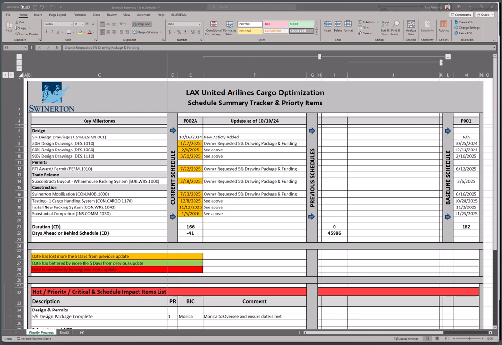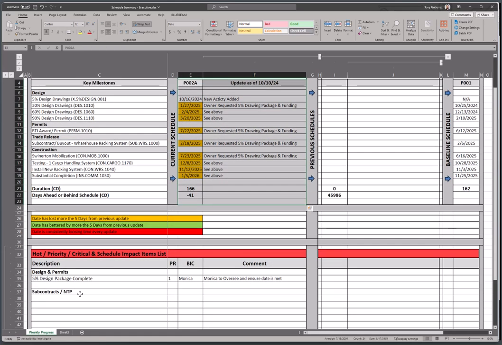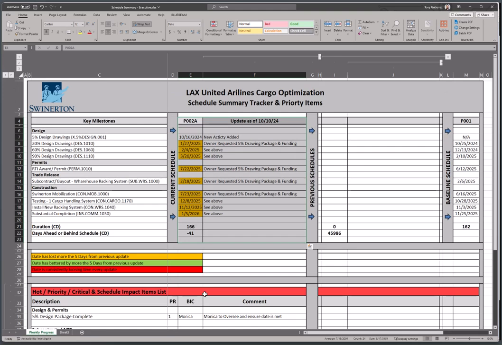Okay, so this is the video for step number 4. We set up our executive summary here, tracking the baseline. We track the second update. We populated the critical hot items. So now we already updated our weekly update for the next week, and we're going to